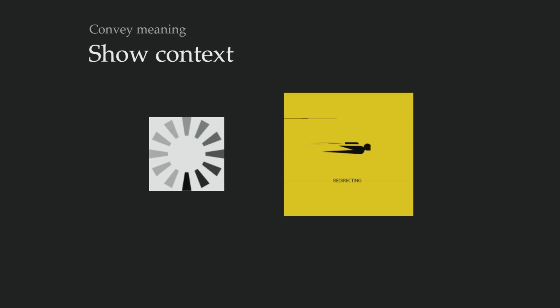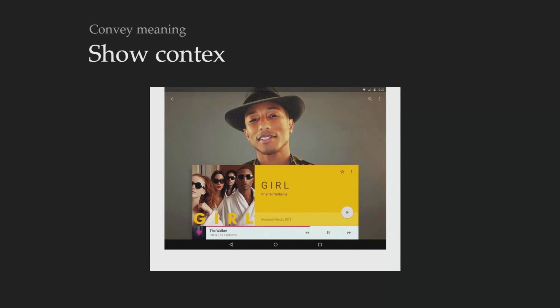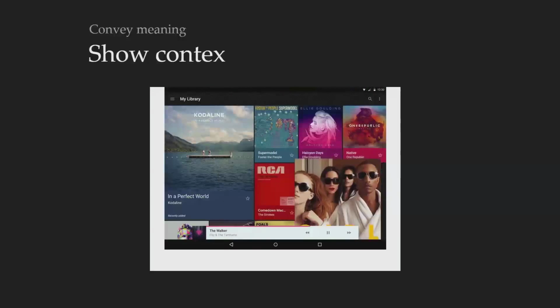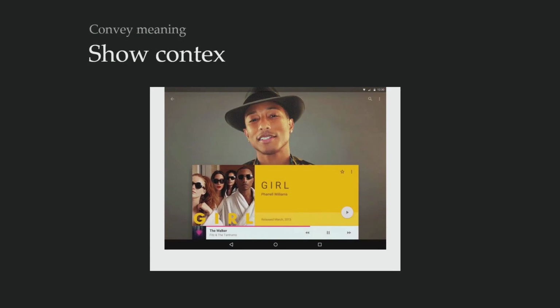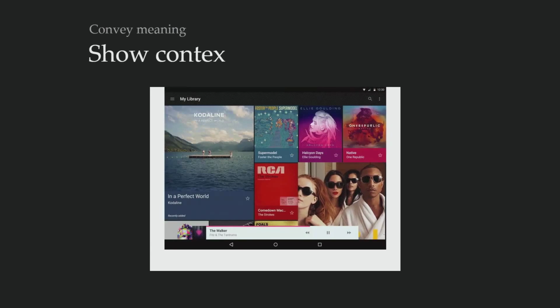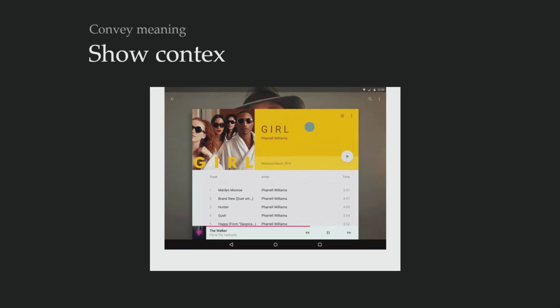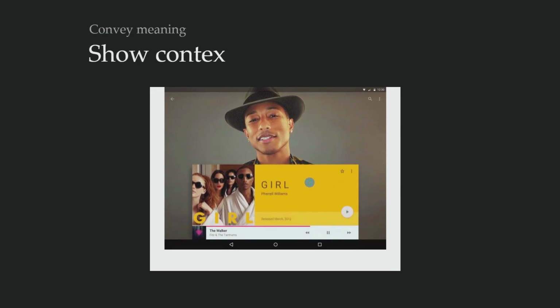Even better transition than that, I think, would be this one, pulled from Google Material Design's style guidelines. And so, as seen in the demo, the image actually opens up into a full page. And this is something that we've gained the capability of in recent years, and something that we're starting to see in actual websites. And I'm really excited to see this more often because it helps create that 3D spatial awareness of where the user is, how to get back to where they were, and provides that meaning that we're really wanting.